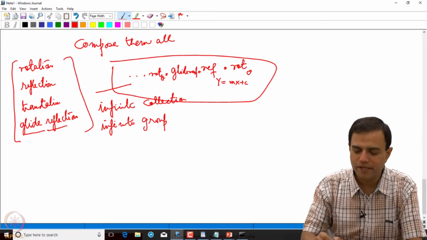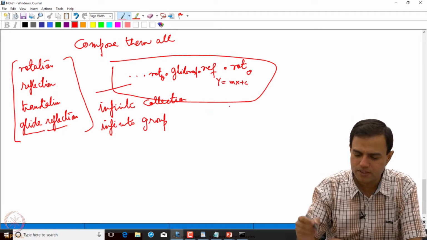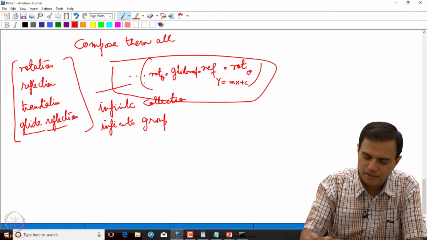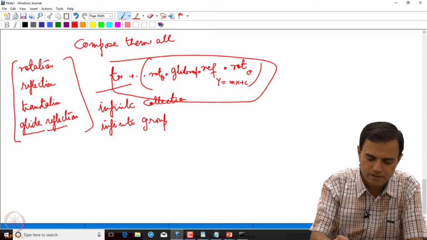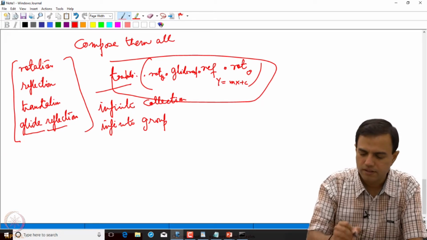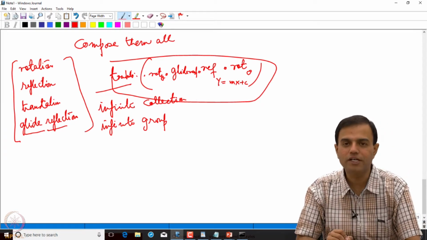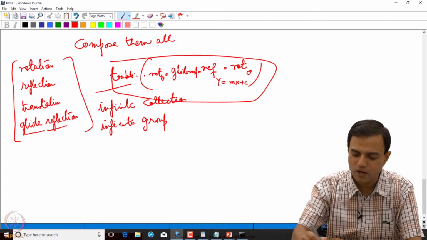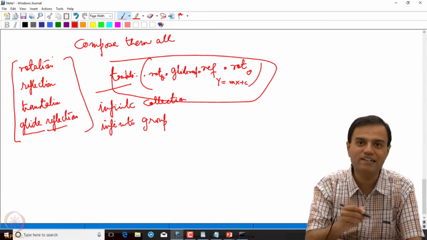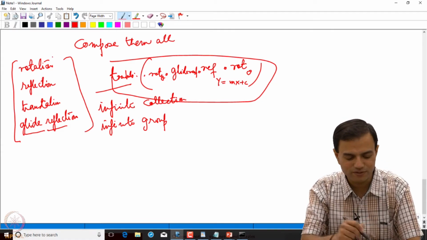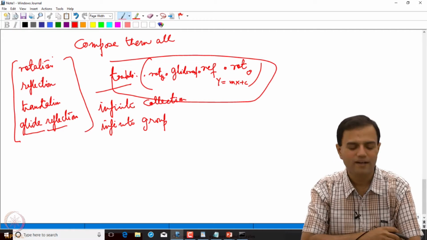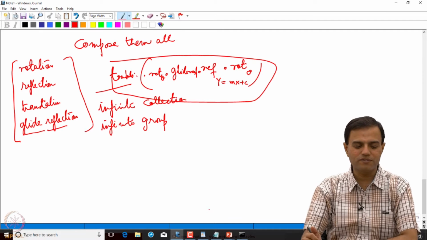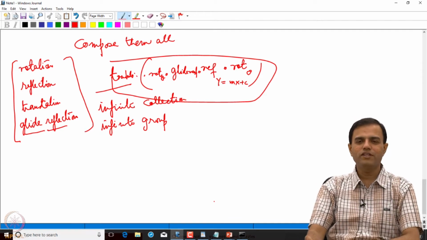I can have lots of compositions, rotation, reflection, glide reflection, and now rotation, and then further maybe some translation. What is interesting is you don't get anything new. What is the output of this is either a single rotation or a single reflection or a single translation or a single glide reflection, and that's amazing. So there are only 4 types of symmetries which I have already mentioned, and that's